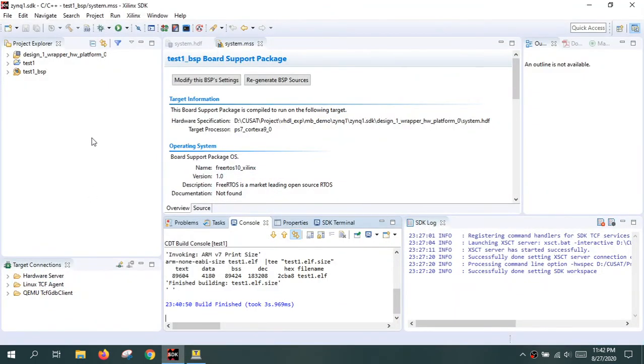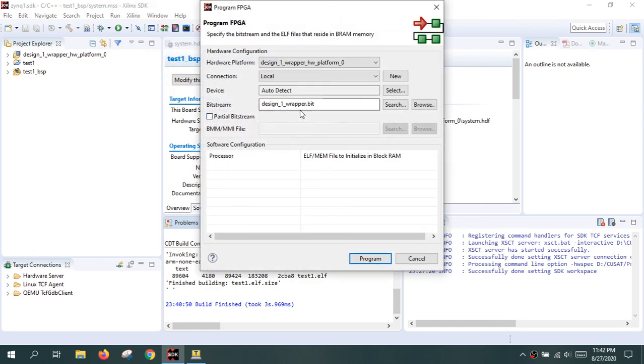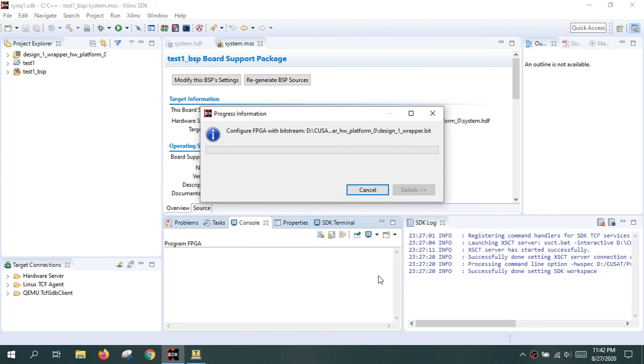Now to run the application, first you need to program the FPGA with your bit file whatever you have generated. So you click on the Xilinx and then program FPGA option, select the program option. Now the FPGA is getting programmed.